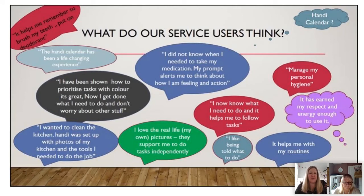On this slide, we've just got a number of quotes of what our service users think about HandiCalendar. Probably looking at the time, we'll just mention a few of them. One user loves the real life pictures, being able to use their own pictures, making them familiar with the items that they have around them. Another says it really helps them with their routine, allowing independence. Another says HandiCalendar has been a life-changing experience. So all really positive comments with regards to making HandiCalendar customised to the individual, making it personal to them so that it feels like their own items, their own products that they're actually using,